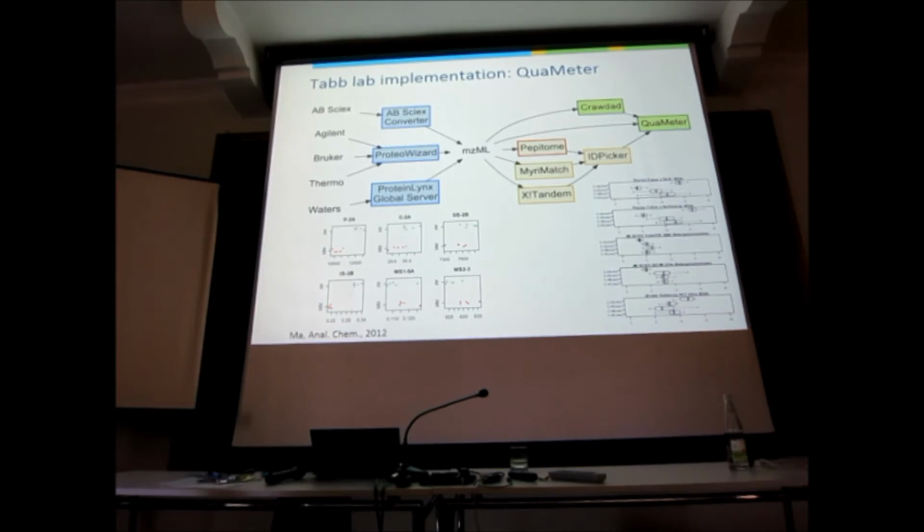The NIST stuff was only Thermo. And it actually uses standard formats and open software to give you all of these things and nice plots in R. So you see the same kind of thing we've seen before, but now plotted in R. So this was a very good step in the right direction.